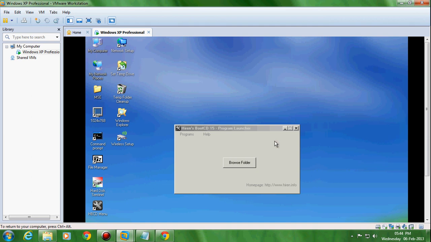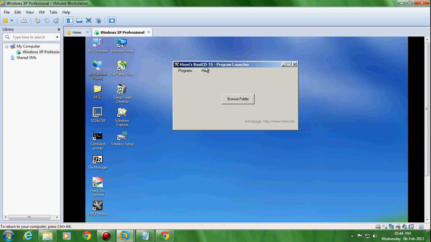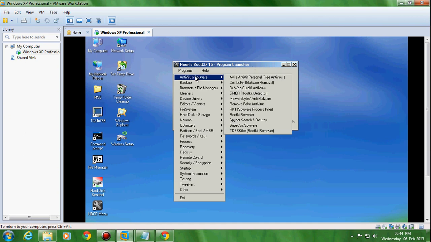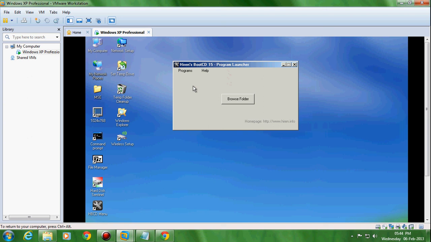For the same we can also use the Hiren's Boot CD and Programs. Here we have antivirus or spyware tools. If you are interested in these tools, you can go ahead, or else you can download your own antivirus which has the manual update option instead of updating online.